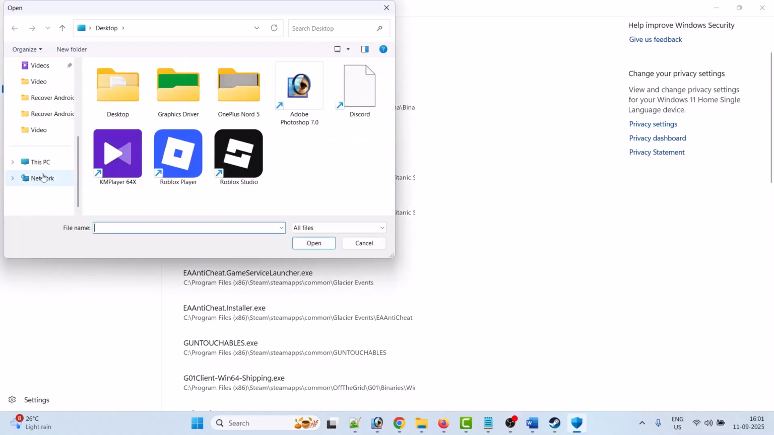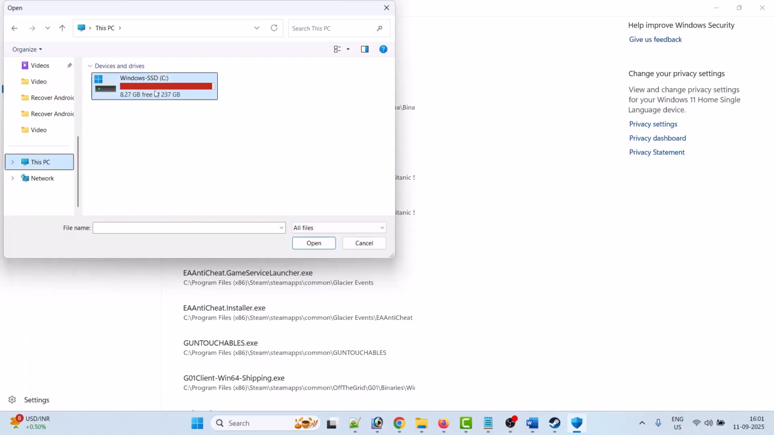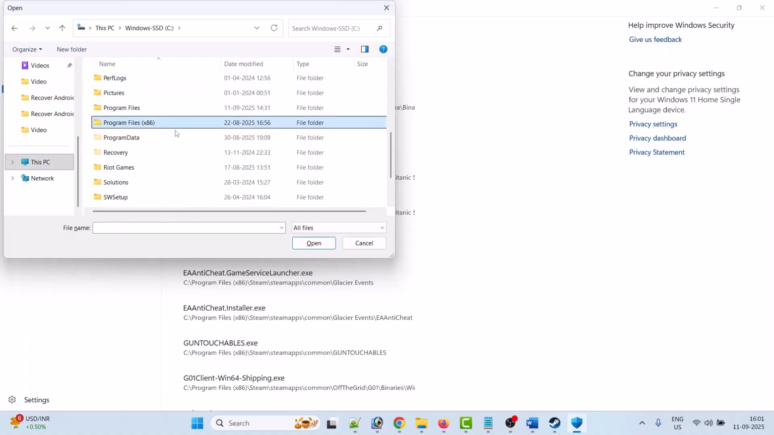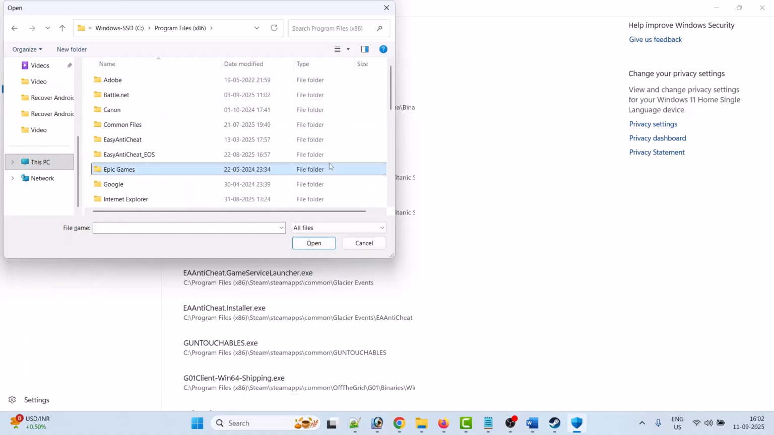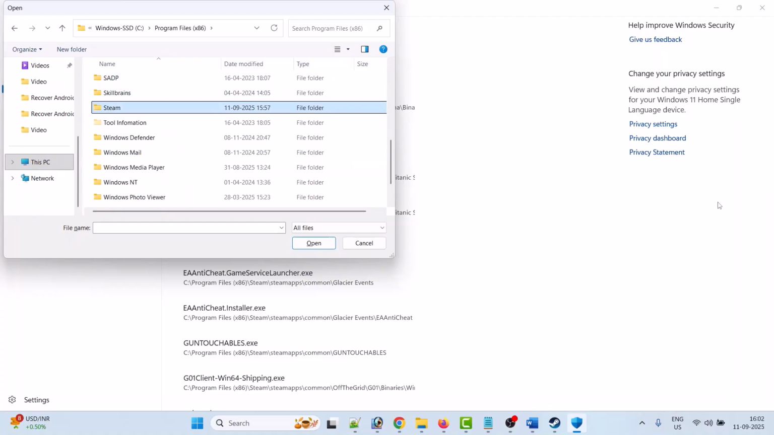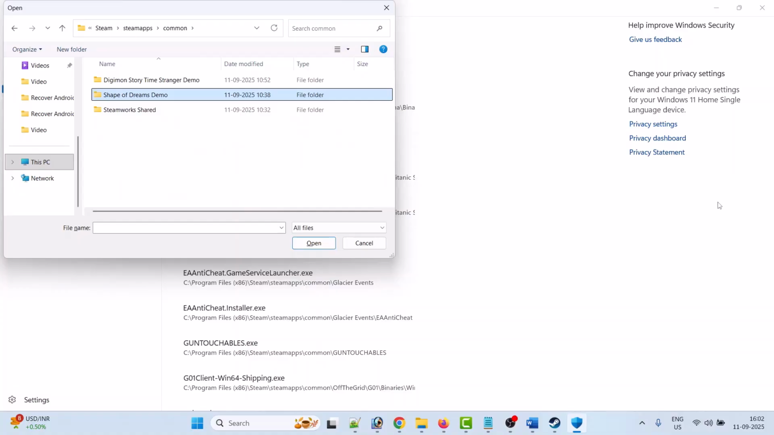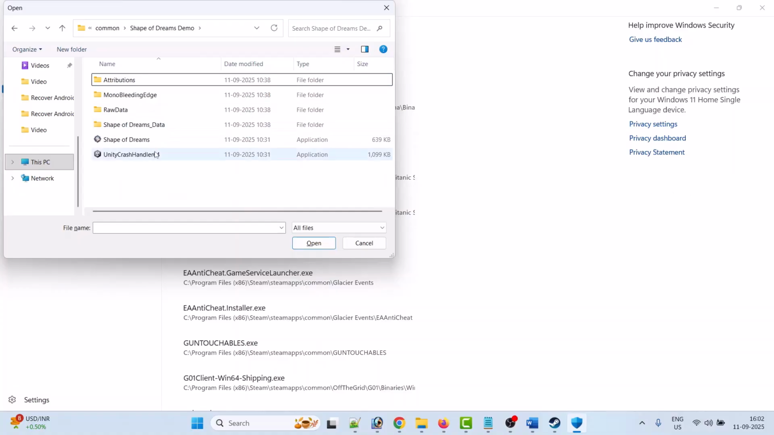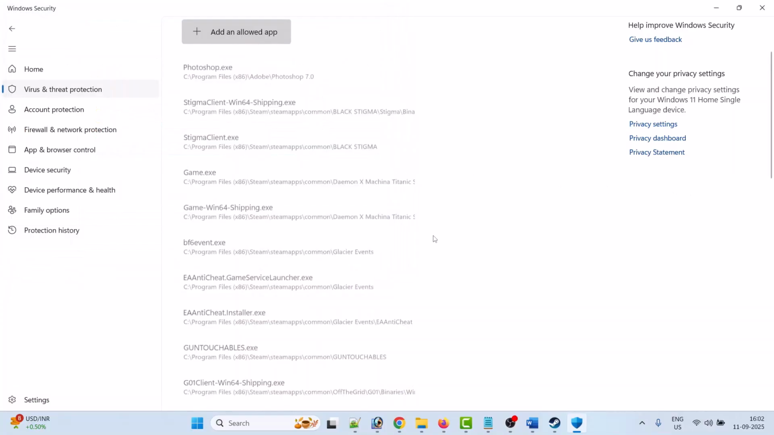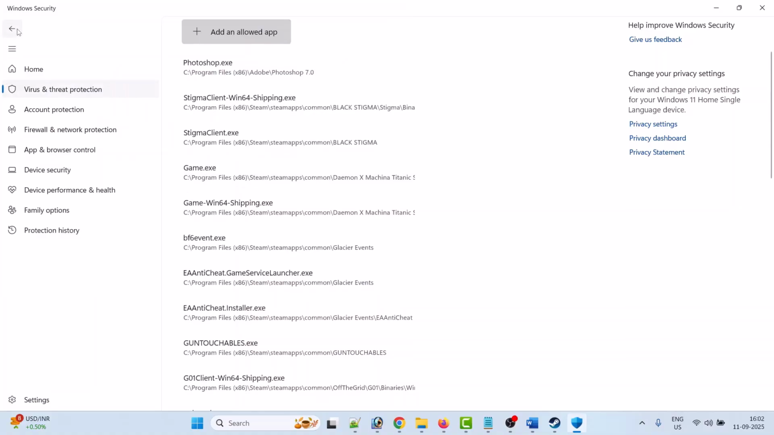Now go to the game installation folder, go to this PC, C drive, Program Files x86, Steam folder, steamapps folder, common folder, Shape of Dreams folder, select Shape of Dreams exe file and click on open to add it to the list. Now go back,